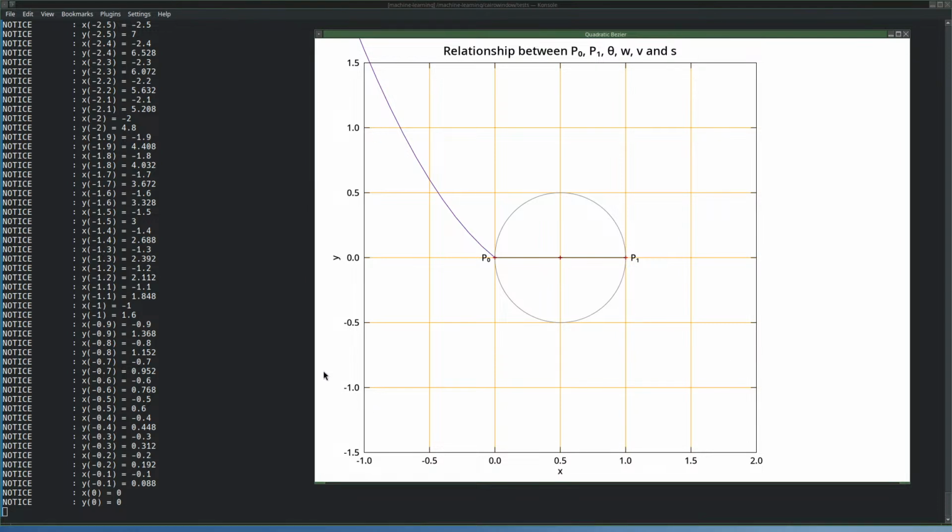So now I only draw the part of the parabola that is generated by negative t. So t is minus infinity, and then we come here, and then t is 0 in p0, and then we stop drawing it. For this case, you see that there is only one solution for every x value, up till 0. Values above 0, there's no solution at this point, but that is for